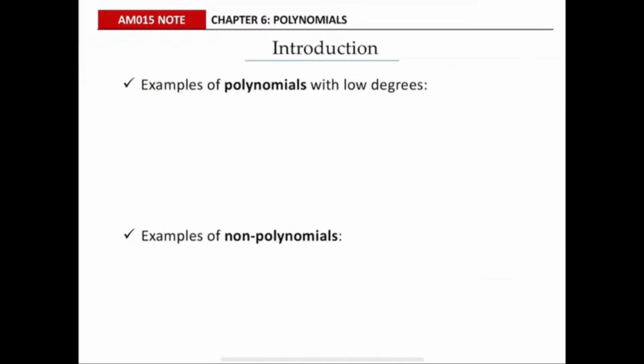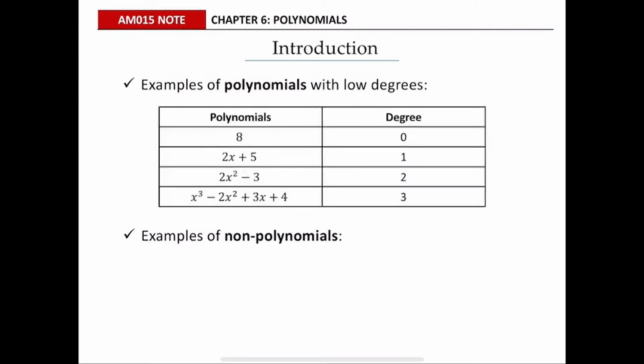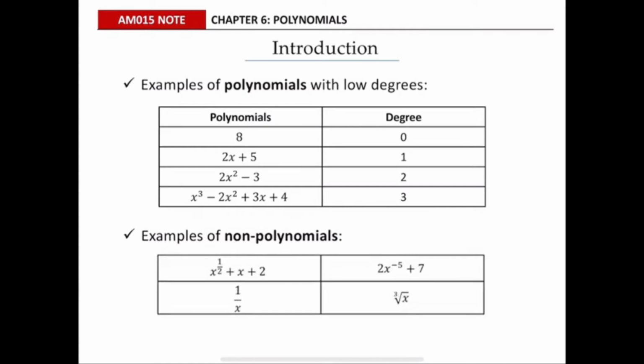Examples of polynomials with low degrees are shown in this table. We notice that all of the powers of x are positive integers. Examples of non-polynomials are shown in this table. 1 over x can be written as x to the power of negative 1, where the power is negative. And the cube root of x in index form is x to the power of 1 over 3, where the power